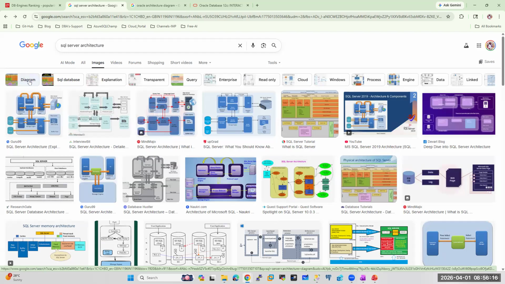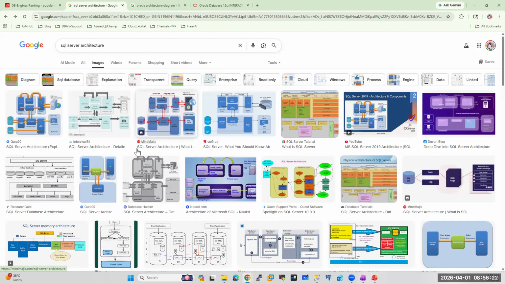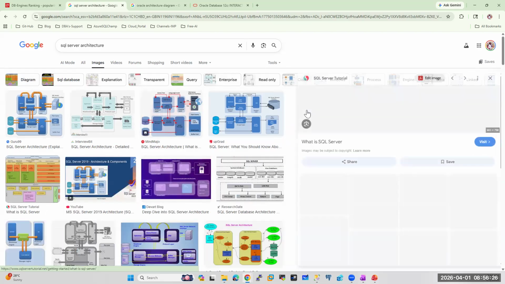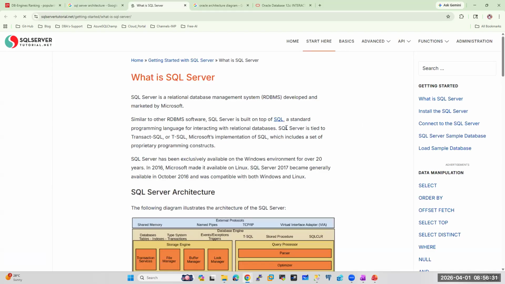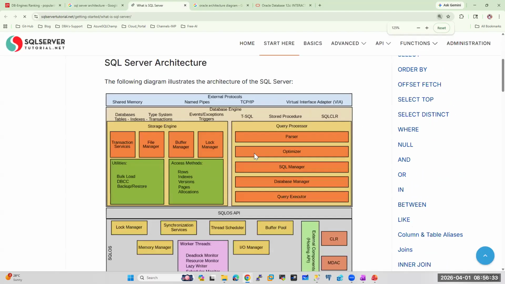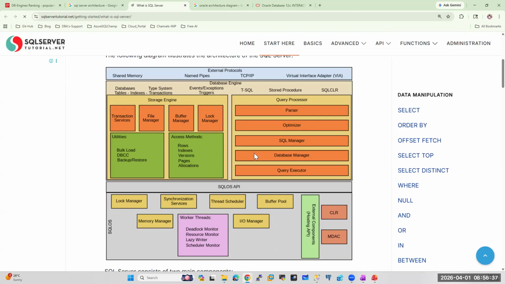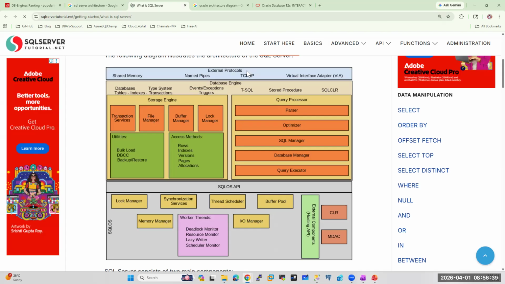When you search for something like SQL architecture, you will find lots of images like this. One of them I just loved; at least they projected it somewhat better. Usually when you go here, you will see three layers: one is the protocol layer, one is the database engine layer, and one is the SQL OS layer.